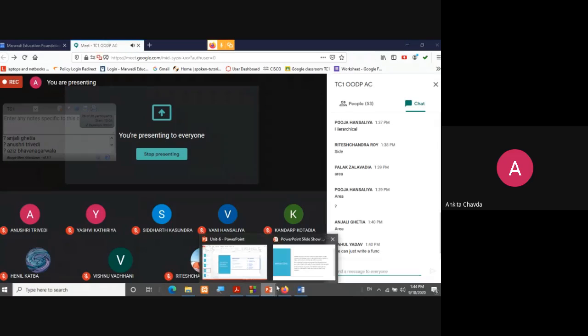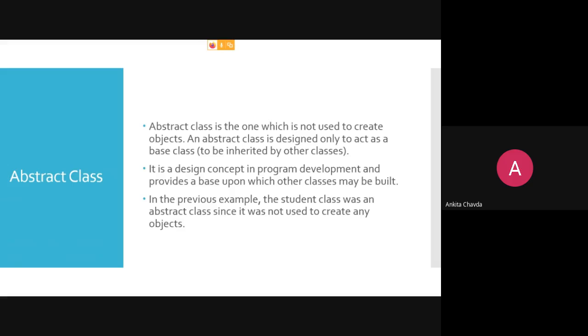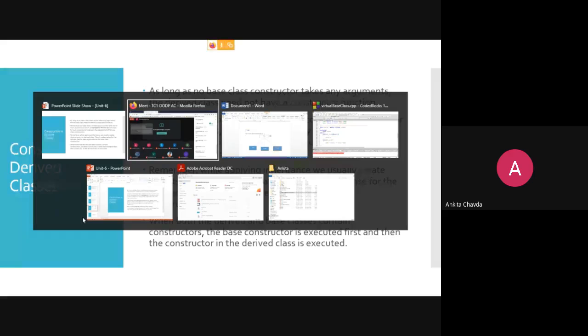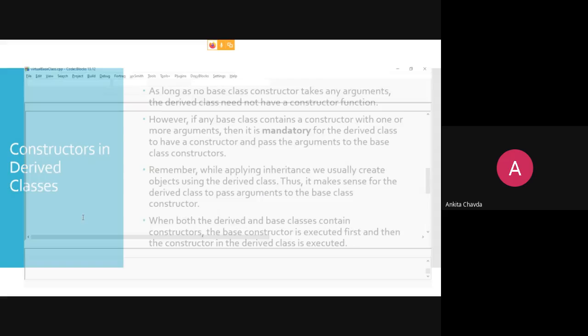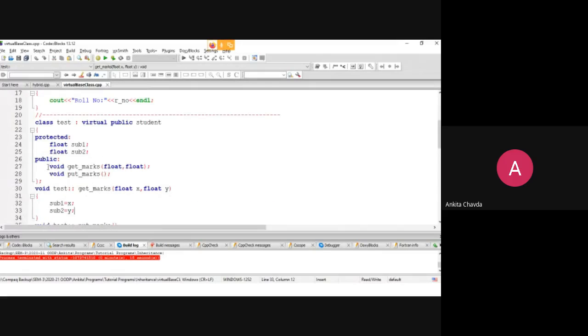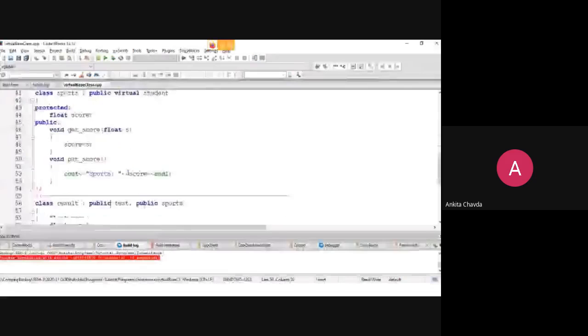Okay. So the next is, okay, fine. So it is a design concept, right? We have finished this. Sorry. So here, constructors in the derived classes. Have you observed that in whatsoever programs we have seen, you will never find a constructor in your parent class, even in your base class? Have you seen? We have directly used the functions. In your base class, and even in your child class, you have only used functions over here. You haven't used constructors.